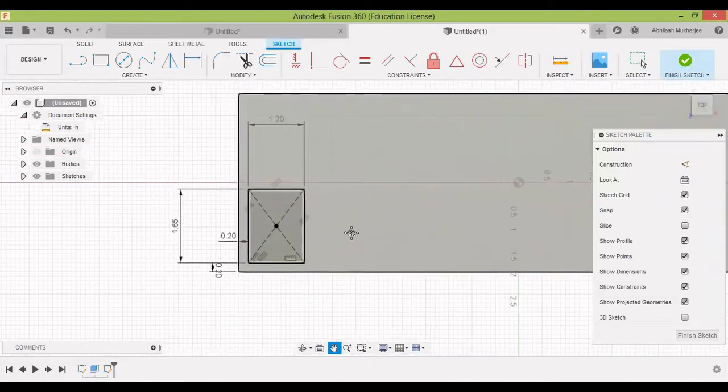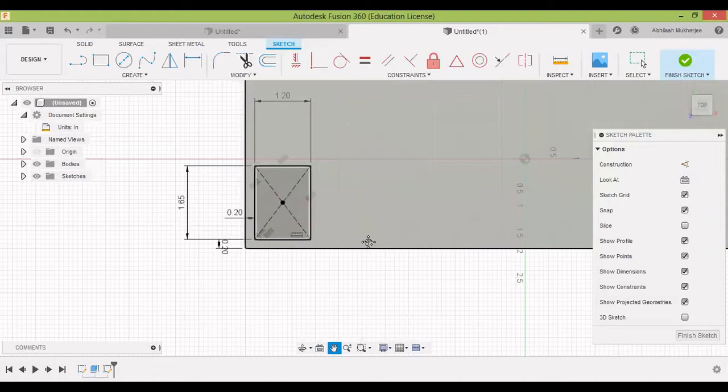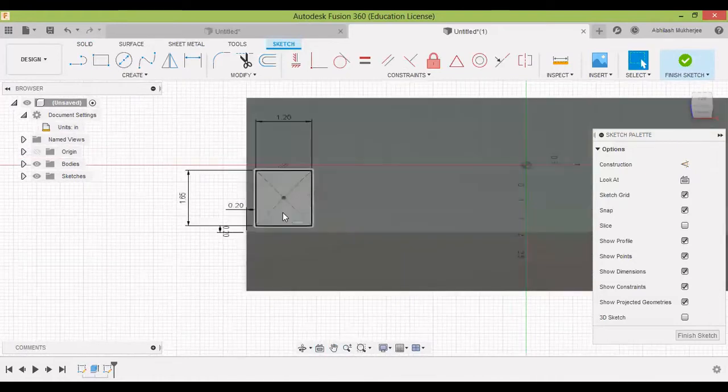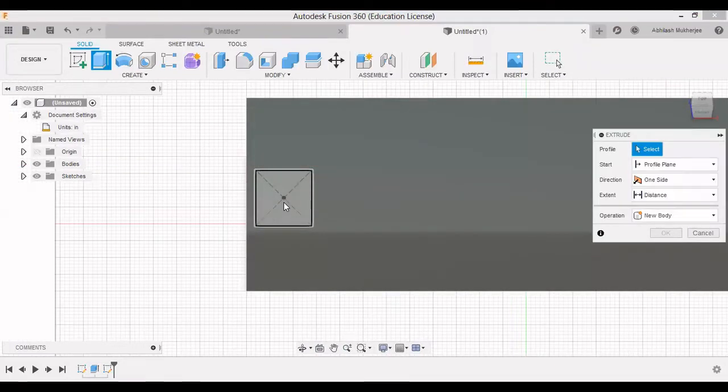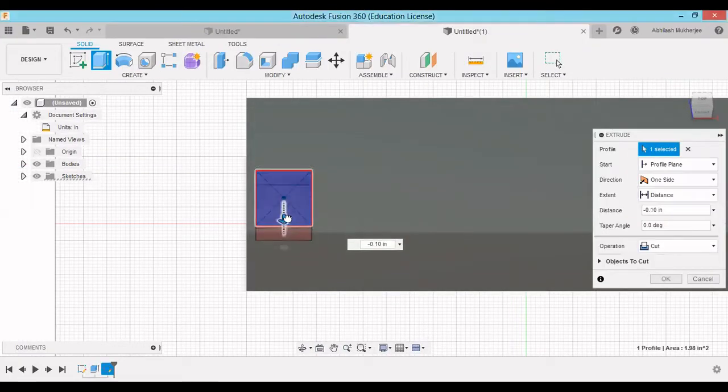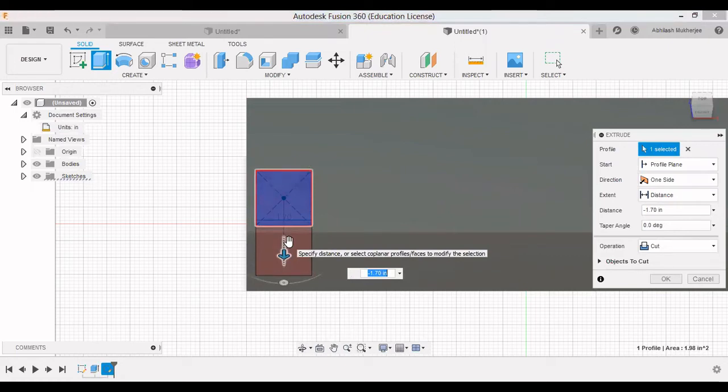Now we need to extrude this part so that our ice can fit in. Let's do this. Press enter to extrude this part. Click this part, drag it inside. By dragging it inside, we give it a negative cut. Now the value of the cut is here.